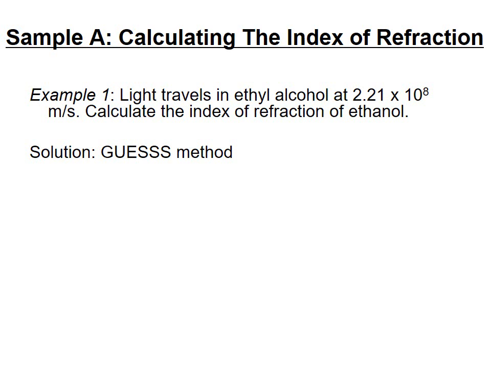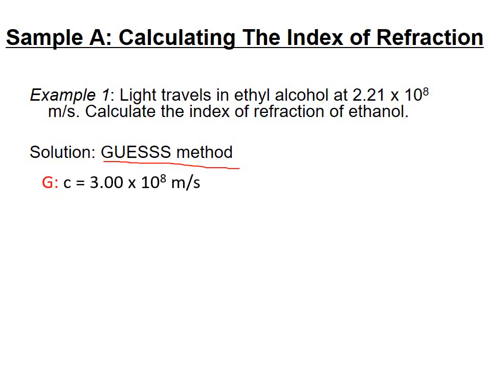So in our first example, we have light travels in ethyl alcohol at 2.21 times 10 to the power of 8 meters per second. Calculate the index of refraction of ethanol. And we're going to use the GUESS method. The GUESS method is a great way to organize your answers in order to maximize your marks and reduce your chances of making mistakes. So in the GUESS method,